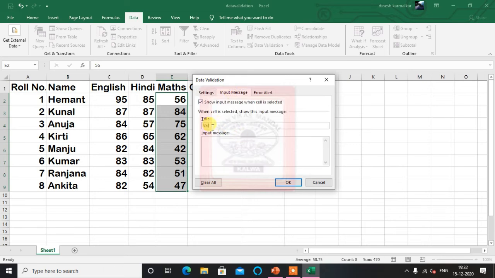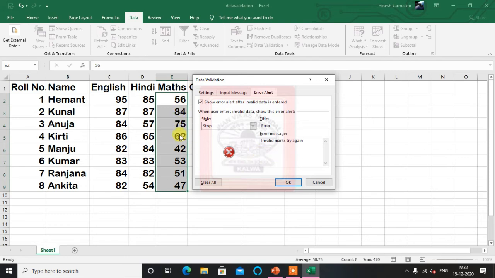Input message again the same, validation, marks should be between 0 and 80. Error here, invalid marks, try again.